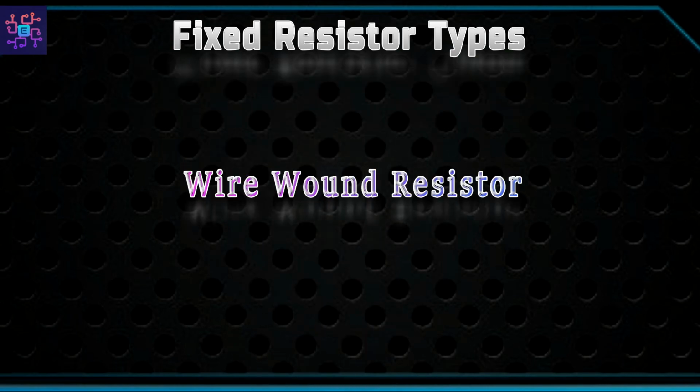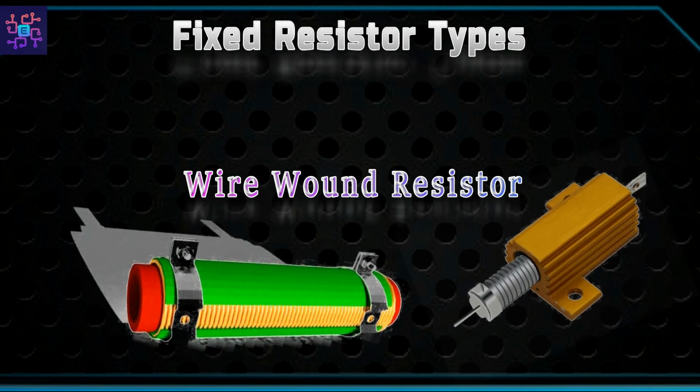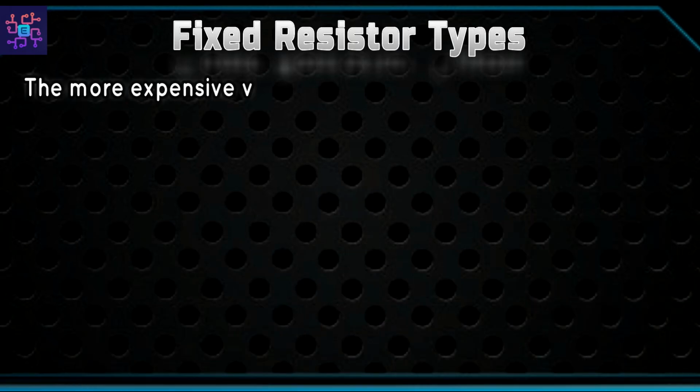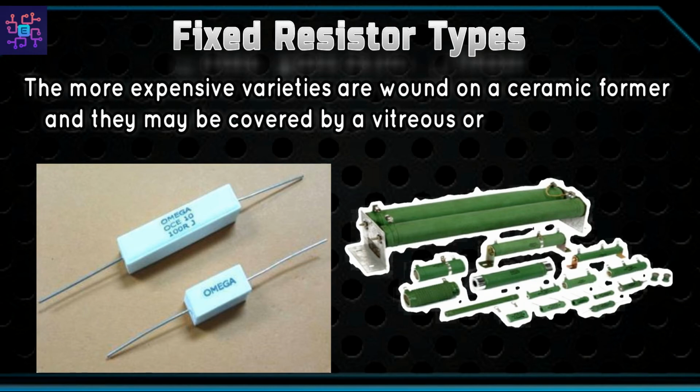Now we will see the wire wound resistor. This resistor type is generally reserved for high power applications. These resistors are made by winding wire with a higher than normal resistance, called resistance wire, on a former. The more expensive varieties are wound on a ceramic former and they may be covered by a silicon